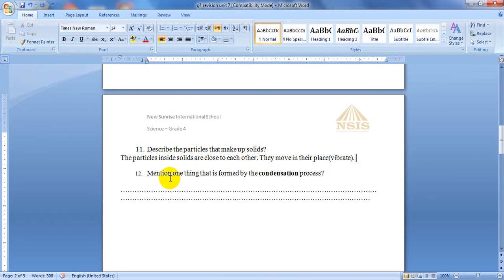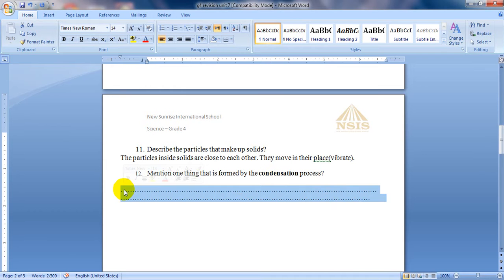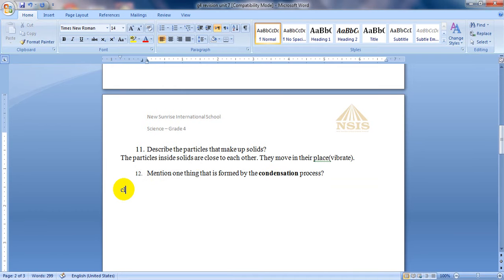The next question, mention one thing that is formed by the condensation process. Condensation is a process which changes a gas into a liquid, water vapor into liquid water, and this is one step in the water cycle which is called condensation, forming clouds. So what is the thing that is formed by the condensation process? We can say clouds